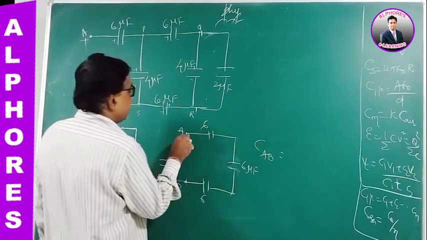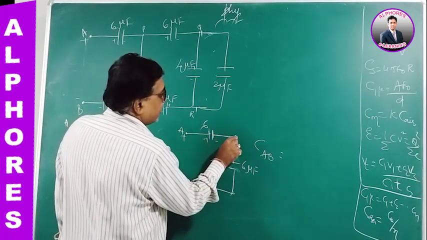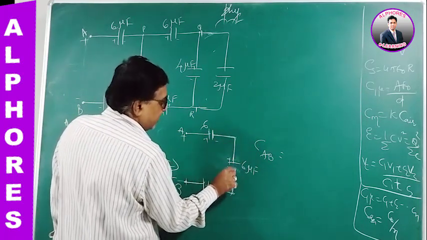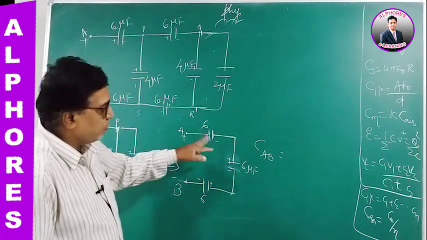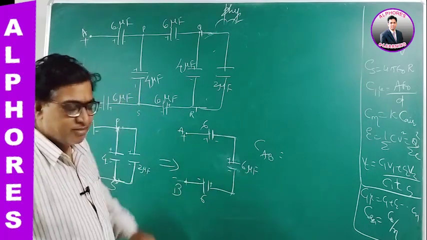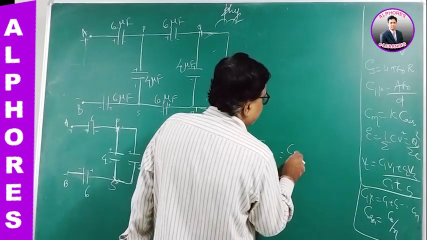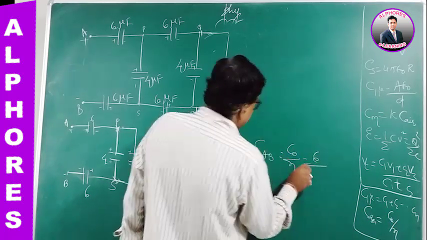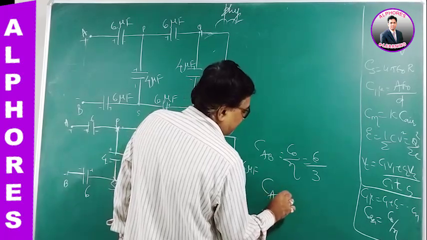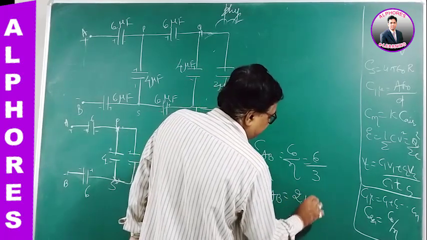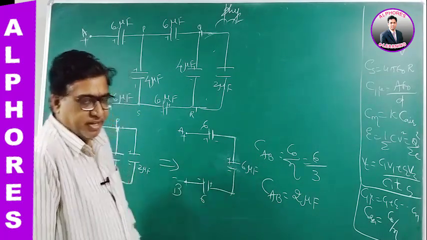If this is plus minus, the charge will go, there is no other path, it has to pass through plus minus. Now all are connected in series. All opposite terminals are joined together, so they are in series, and they are all identical. When identical capacitors are in series, the resultant capacity is C naught by n. So it is 6 by 3. So finally the resultant capacity between A and B is 2 microfarad.